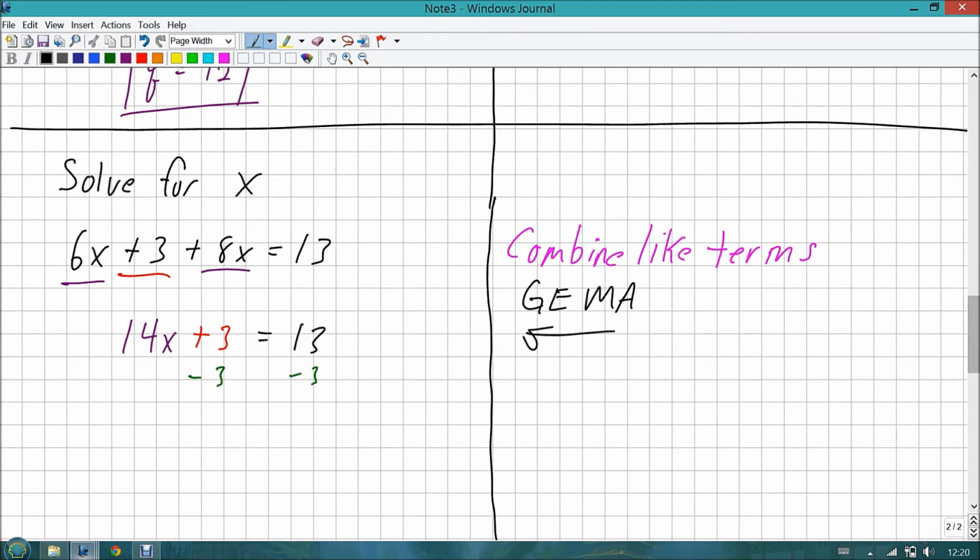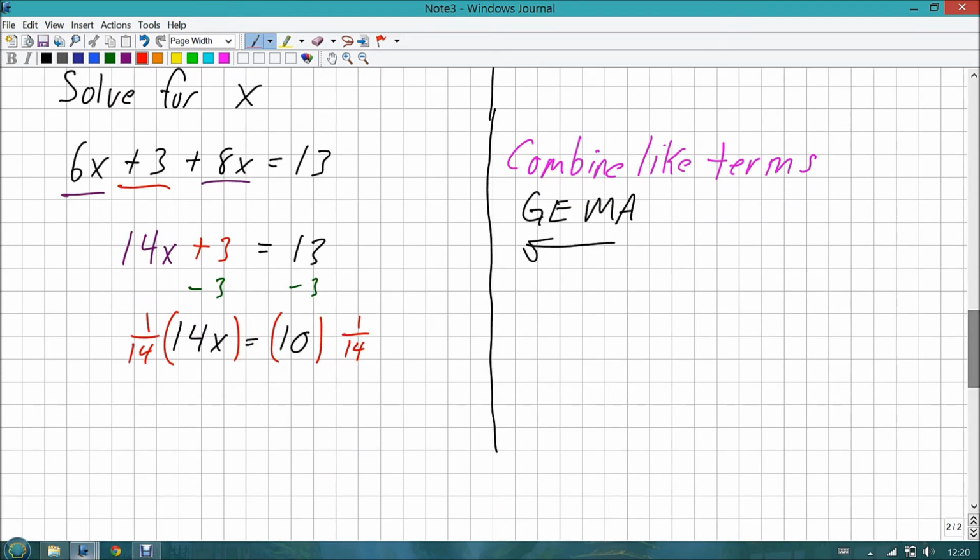And when I do that, I end up with 14x is equal to 10. Now we use the next step in the list, which is multiplication. So multiplication is 14, so I would multiply both sides by 1 over 14. You can also divide by 14 if you want. I just have a habit of multiplying by its reciprocal. So I multiply both sides by 1 over 14, and I end up with x is equal to 10 over